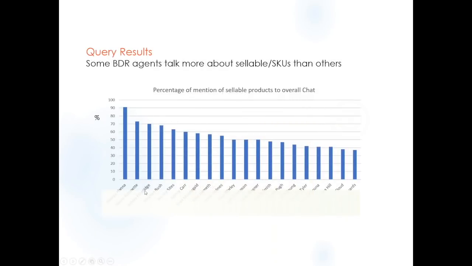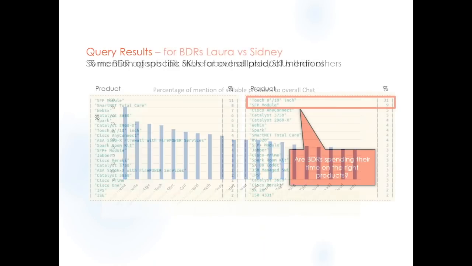We can look at where each salesperson actually talks about. Do certain salespeople really like to talk about things you can actually sell? Yeah? So this person here really likes to talk about things you can buy. This person really likes to talk more about abstract concepts. Well, I can tell you, you really want to have your customer talk about things you can actually buy. Yeah, because it improves the conversion rate.